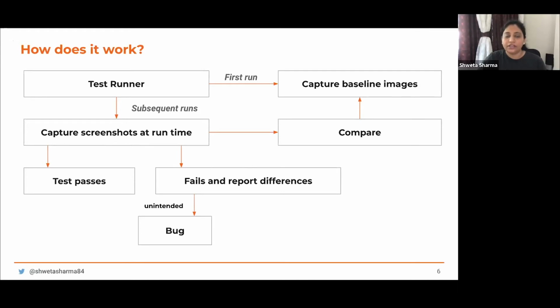If the differences reported in the diffs you see are unintended, it means that a UI bug got introduced. And if the difference generated by the report is intended, this is the time to update your baseline image, so that on the next runs, the comparison happens with the updated baseline image.